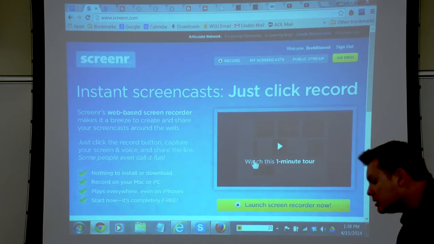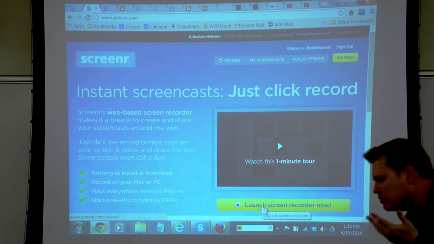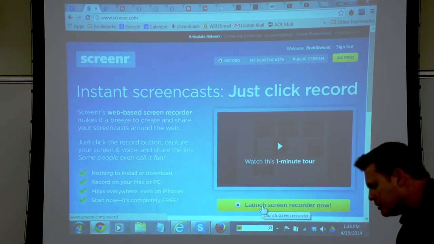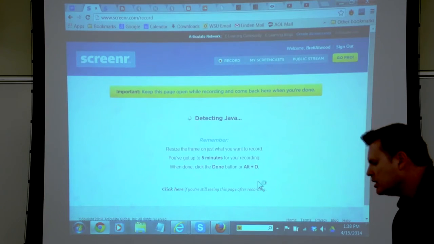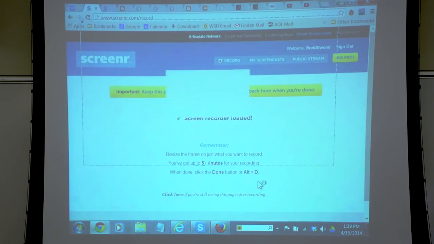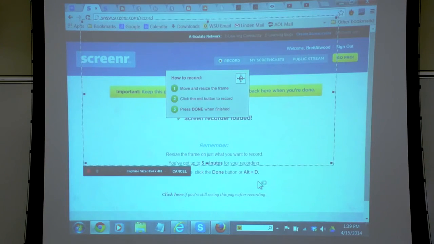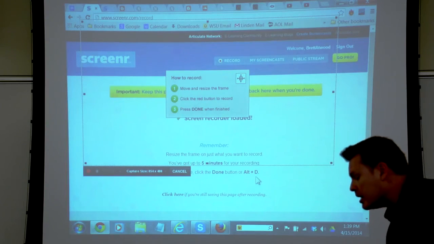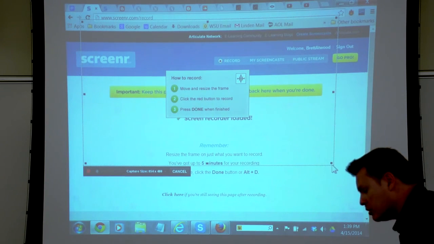As an example of how this works, similar to what you've seen already, once you've loaded the website, you just click on the launch button. It takes a quick second to detect the Java. And actually, I think this is identical to the Screencast-O-Matic, right? I mean, literally, it looks almost like it's the same interface, really. So it's the same way, and basically, you can, as the other example showed,